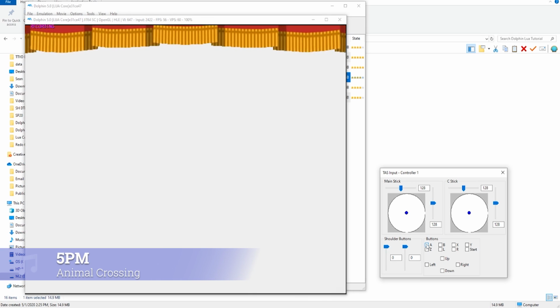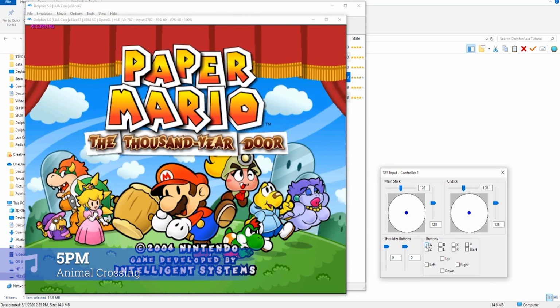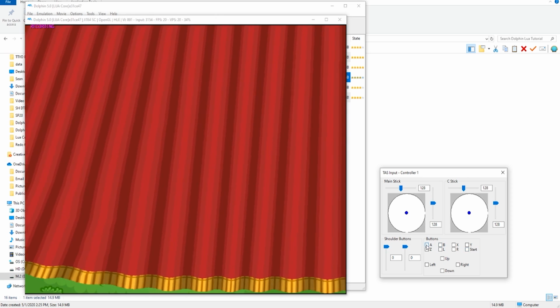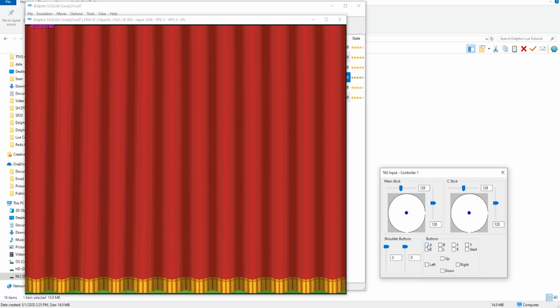Similarly, I need to find the first possible frame to press start at the title screen. I can repeat the same process of testing one frame, reloading the state, advancing one frame, and resaving the state, and so on. Once a text box appears, I know that the fastest method of skipping through text boxes is